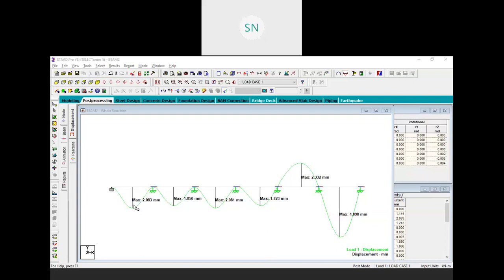Beam number 1 has this much maximum displacement, 2 has this much, 3 has this much, 4 has this, 5 has this one, and 6th has this one. Similarly, in all the diagrams you will get the individual result of all your beams. So it is clear now.